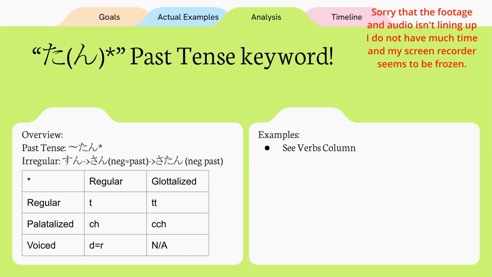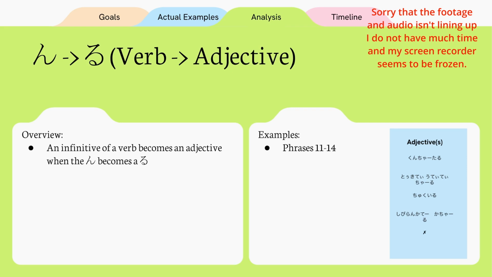Okay, here's another good example when the verb becomes a different thing. For example, when a verb becomes an adjective, you usually use the root part. This is just a screenshot from phrases 11 to 14. All of these at the very end here with the finalized root is a very good indicator, though it doesn't always, because sometimes there could be a noun and then you have a root and that means something completely different. But if you have a verb and then it becomes, oh yeah, that's a very